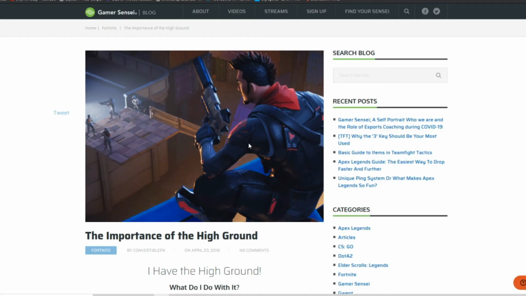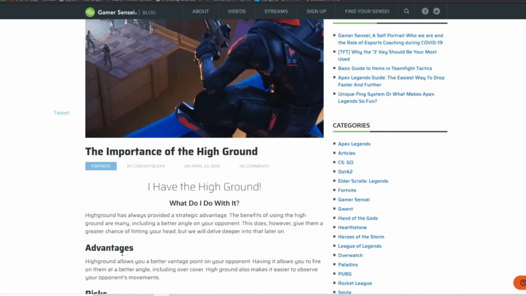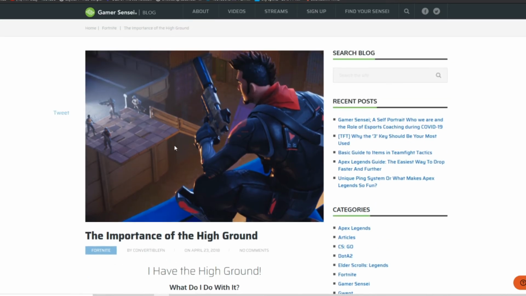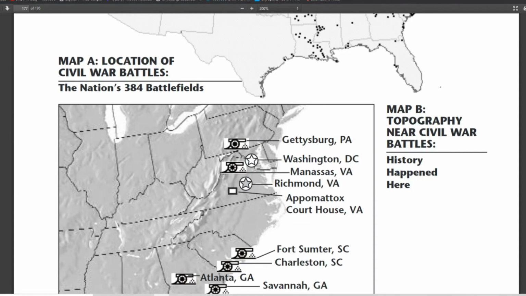I know a lot of people play video games, but it shows right here the advantages of high ground is that you have a better firing angle, you have better cover, you can observe your opponents more easily. I know it's a video game, but they hold true in warfare, especially if you think about, if you're playing football, let's say, and one team's end zone